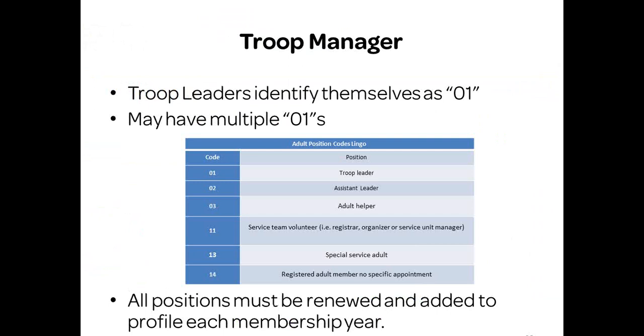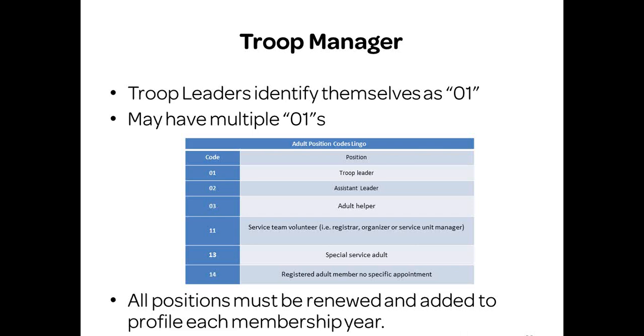All right, so here's a chart that is in your registrar packet, and it will explain the positions that will be most commonly used in your troops. So you can have an 01 position, which is a troop leader. Only 01s have that troop management feature. Anybody who needs a background check, so if you're going on a camping trip or you have volunteers who drive the girls, or will be helping out in any booth sales, you're going to have them select an 03 position. And if they are not current in their background check, they will get a message to get their background check done.